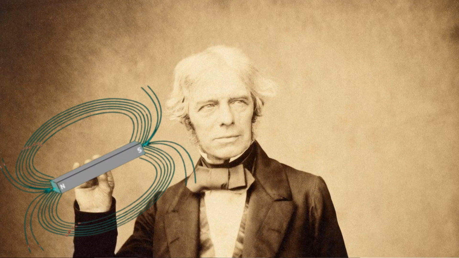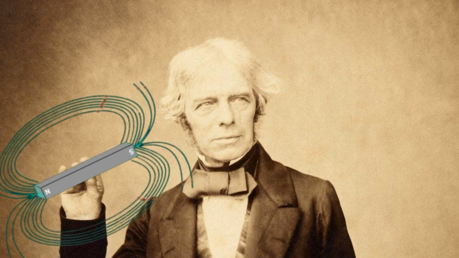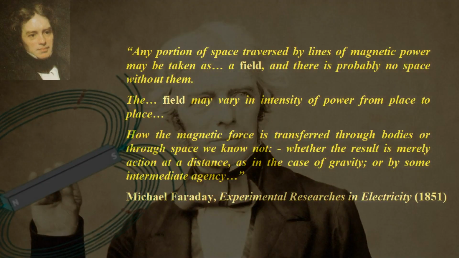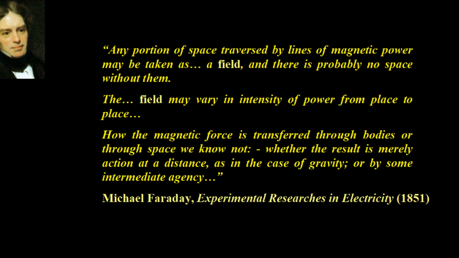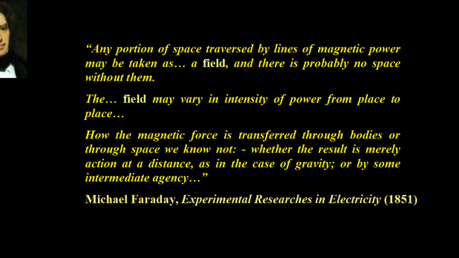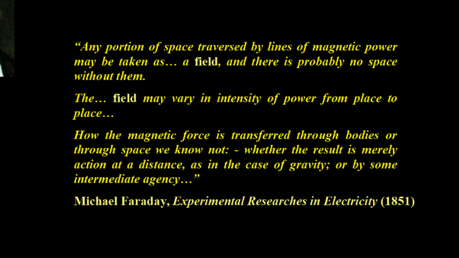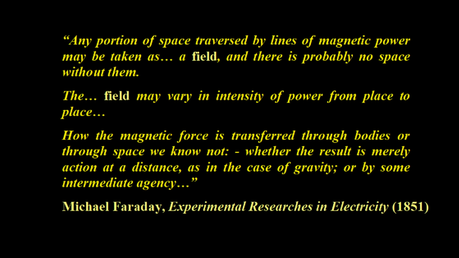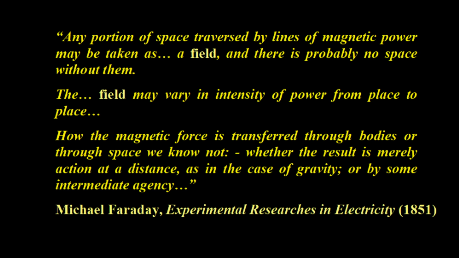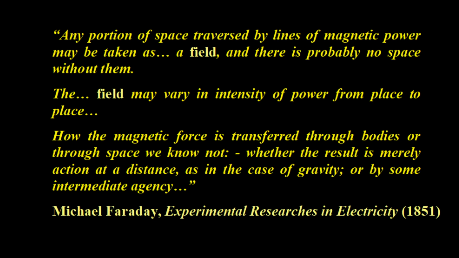Michael Faraday invented the word field around 1845 to refer to a region of influence of a magnet. Faraday defined the word field more formally in a paper he published in 1851. "Any portion of space traversed by lines of magnetic power may be taken as a field, and there is probably no space without them. The field may vary in intensity of power from place to place. How the magnetic force is transferred through bodies or through space, we know not. Whether the result is merely action at a distance, as in the case of gravity, or by some intermediate agency,"